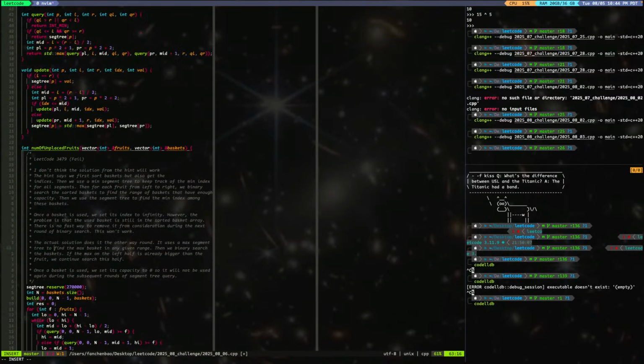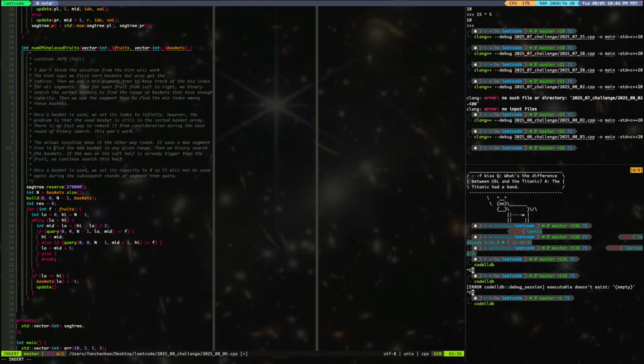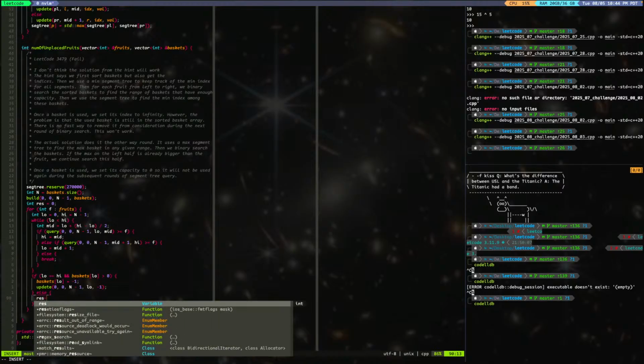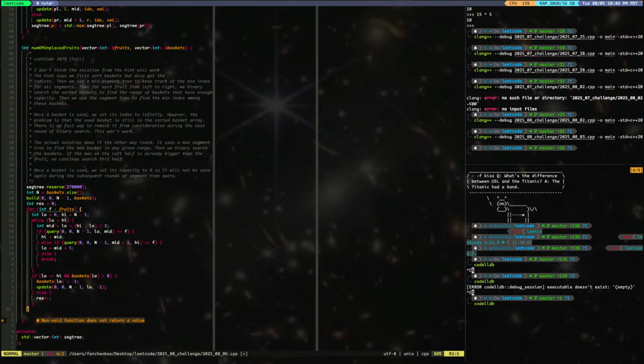So update is the plr index val. Else means this position doesn't have any, so I will go plus plus. Now return rest. Alright, so this is completely